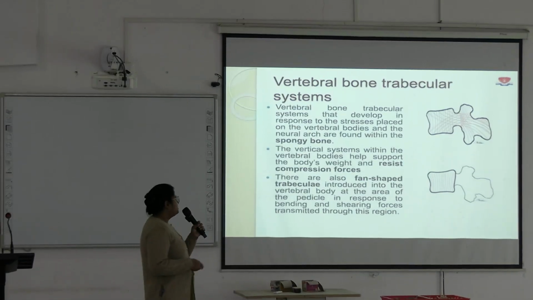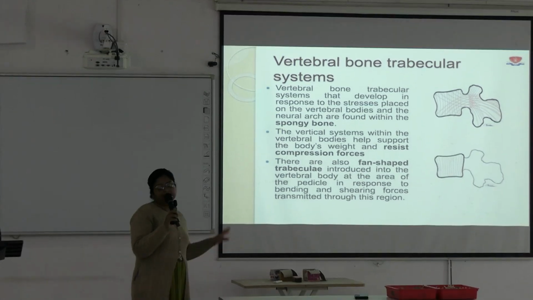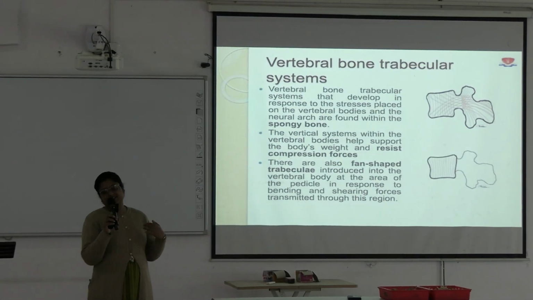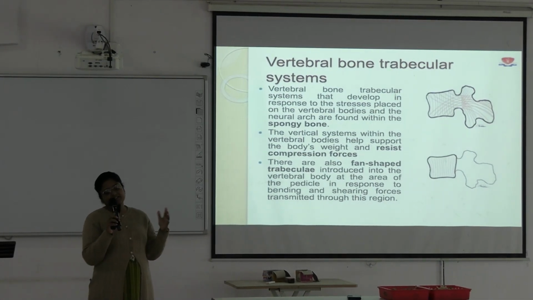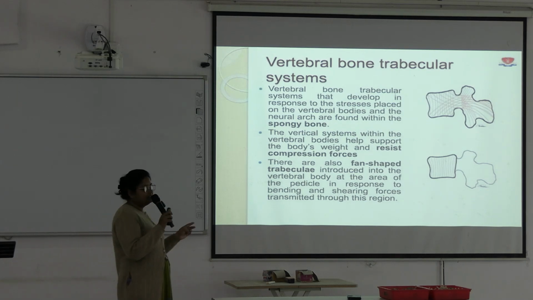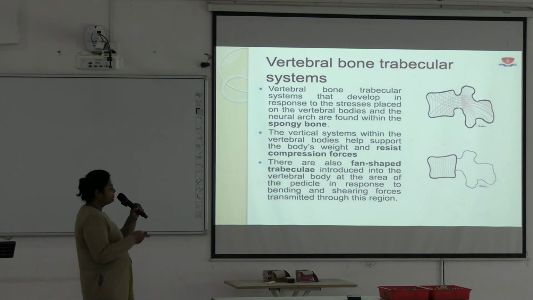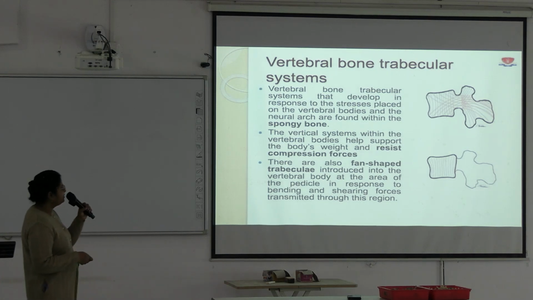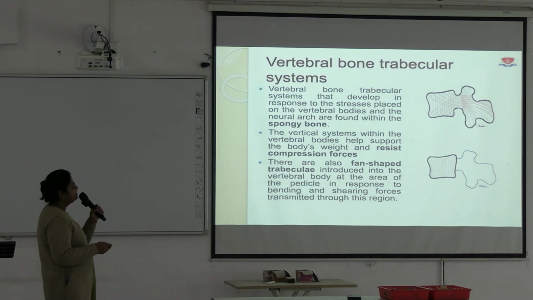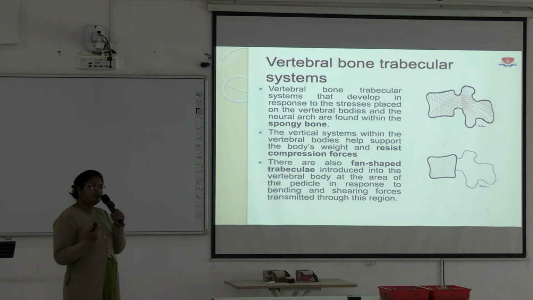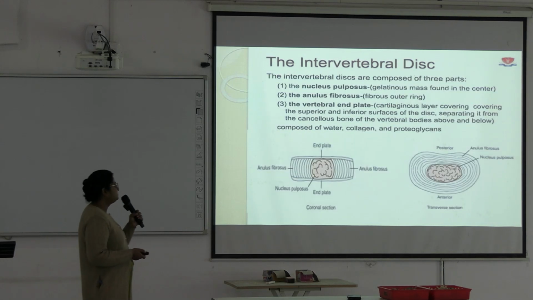In the vertebral column, there is flexion, extension, lateral rotation, and also side bends. So shearing forces are acting. To prevent all those forces, to prevent compression of the vertebra, these trabeculae are disposed in different directions.